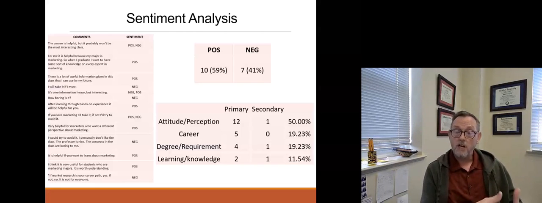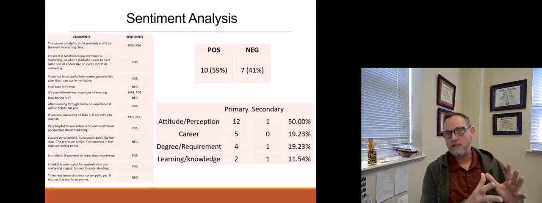Another thing we can do is something called content analysis, which is down below there, where you go through the data and identify themes that are associated with the words. So attitude, perception, career, degree requirement, and learning and knowledge. Those are four different categories of thought that were expressed in here. And again, you can apply some metrics and see how often these thoughts are